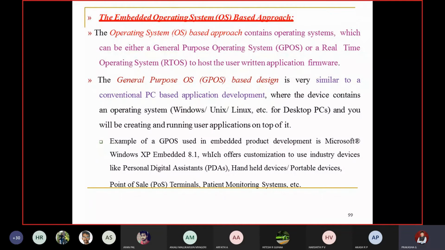The GPOS based design is very similar to conventional PC based application development, where the device contains an OS like Windows, Unix, Linux, etc. for desktop PCs, and you will be creating and running user applications on top of it. So the GPOS based firmware is almost similar to your desktop applications. Examples of GPOS used in embedded product development include Microsoft Windows XP Embedded 8.1, which offers customization to use in industry devices like PDAs,